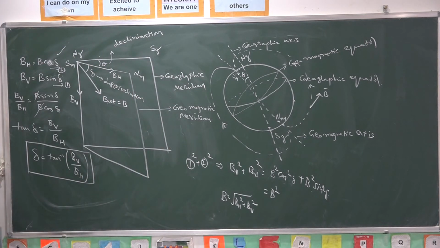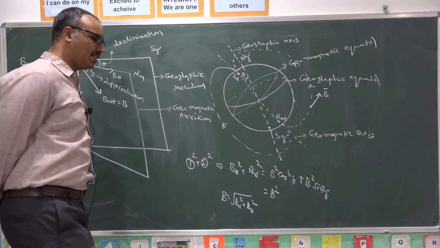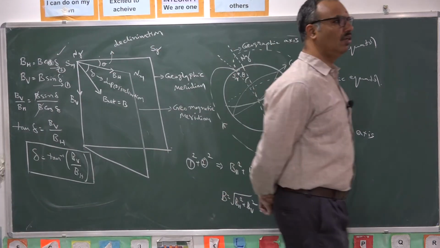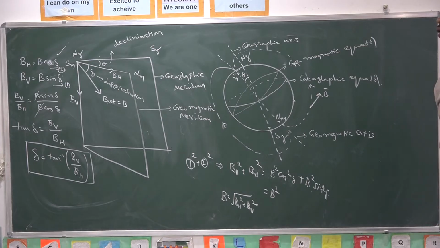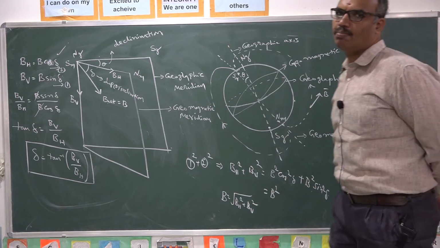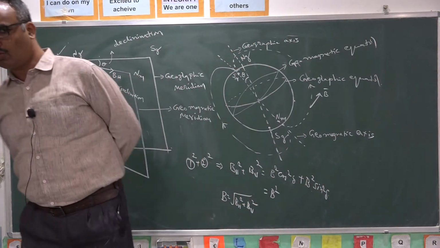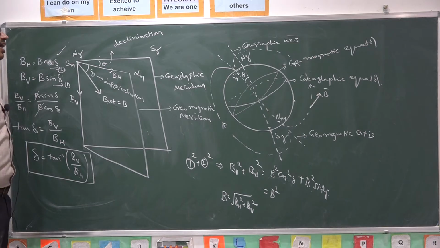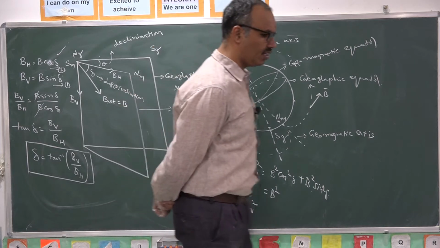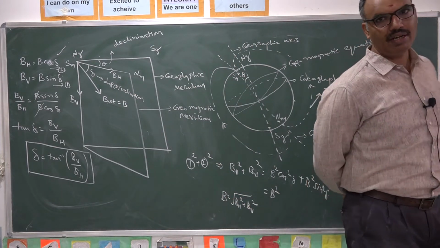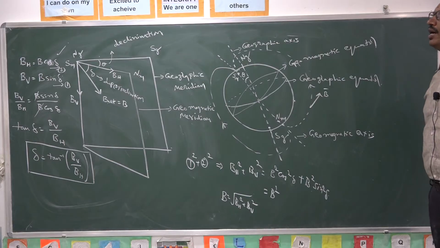Every object or instrument kept on the surface of Earth is generally parallel to the horizontal, nothing but parallel to the surface of Earth. So it is influenced majorly by only one component of the magnetic field, that is the horizontal component of Earth's magnetic field. Among the two components, the horizontal component has its own importance in influencing any object on the surface of Earth.